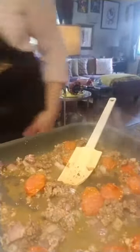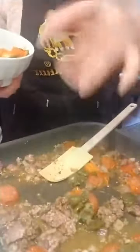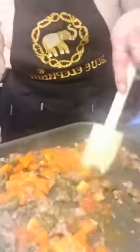Okay, pasta's drained, ready to go. Now I want to add in my roasted green peppers. How I did those is I cut them in half, put them on a sheet tray with a little olive oil, and baked them in the oven until they were quite soft. And then I froze them. I got a big bag of peppers that were on special, and that's how I